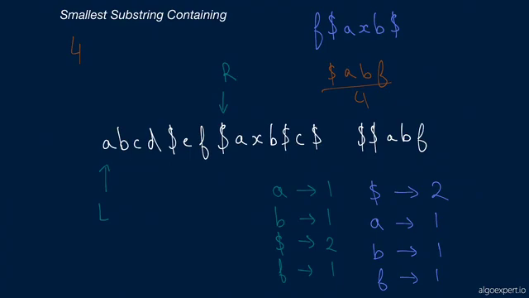And this is where we're going to perform extra logic. Because now we can see, whoa, the number of unique characters fully found is equal to the number of unique characters in the smaller string that we've written up here. Right? And this, remember, was obtained by just looking at the number of keys in our hash table. So instead of continuing to move the R pointer, the right pointer, we're going to now move the left pointer to the right,